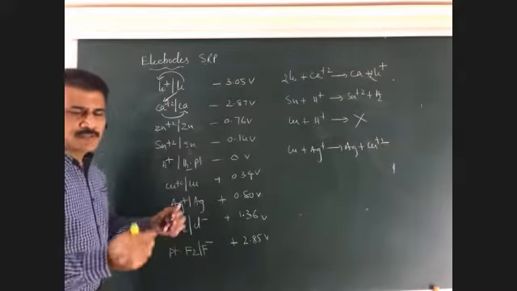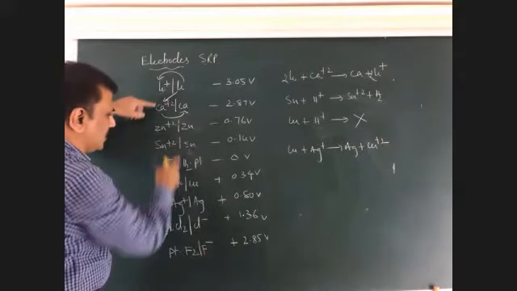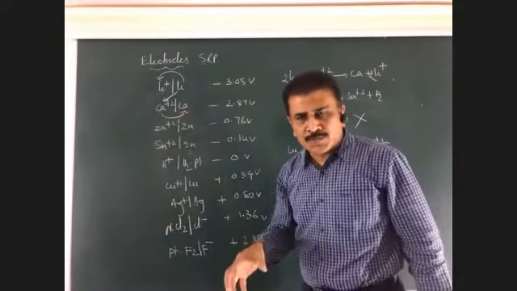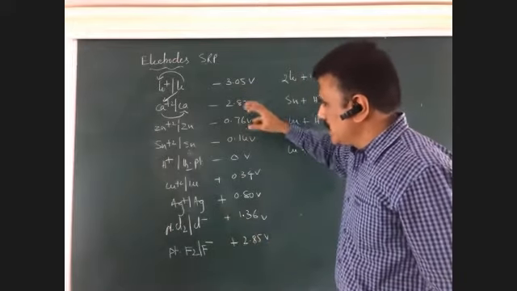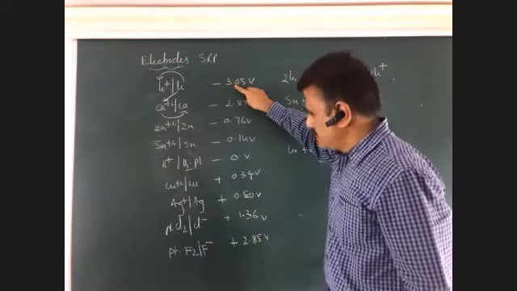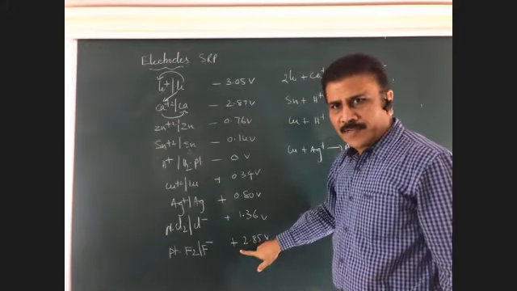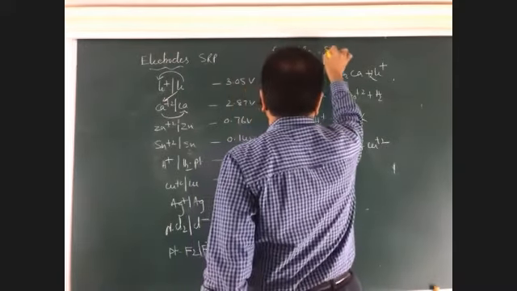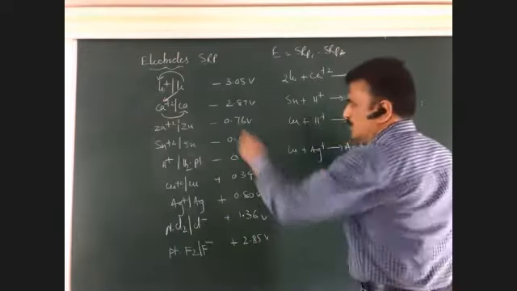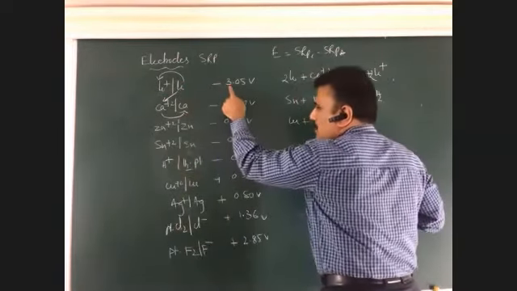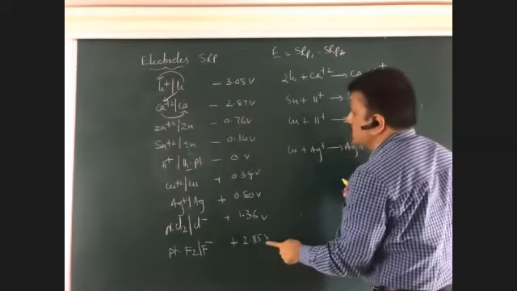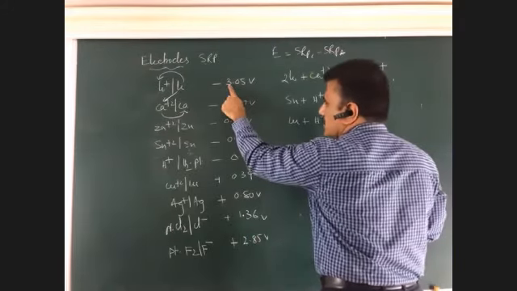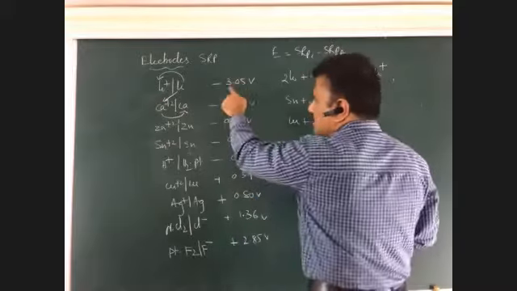Now, sometimes the question may be like this. Out of these electrodes, which combination produces highest EMF? Then you will be understanding like this. Lithium electrode has the lowest SRP. Fluorine electrode has highest SRP. Right? So we know EMF is equal to SRP of cathode minus SRP of anode. So if you take these two, this lower SRP always acts as anode, higher SRP always acts as cathode. So the cathode value is 2.85, minus of minus 3, so altogether 5 point something, 5.9 volts you will get.